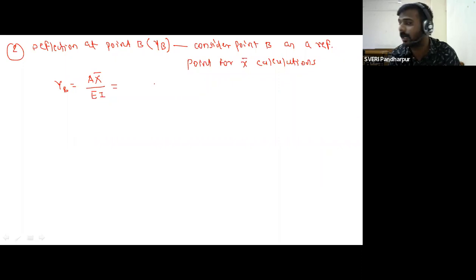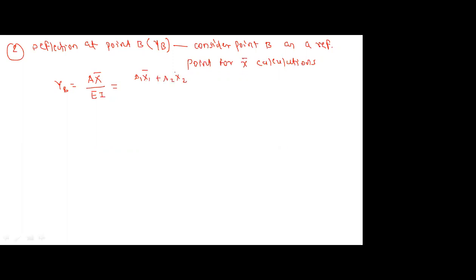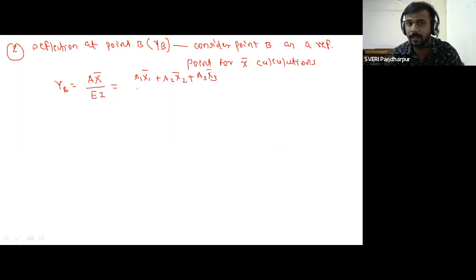So how will I write this? A1 x1 bar plus A2 x2 bar plus A3 x3 bar, divided by EI. So don't put the formula directly in this equation. Getting? Don't put the values directly in this final equation. Try to calculate x1 bar, x2 bar, x3 bar separately. So here, x1 bar is equal to